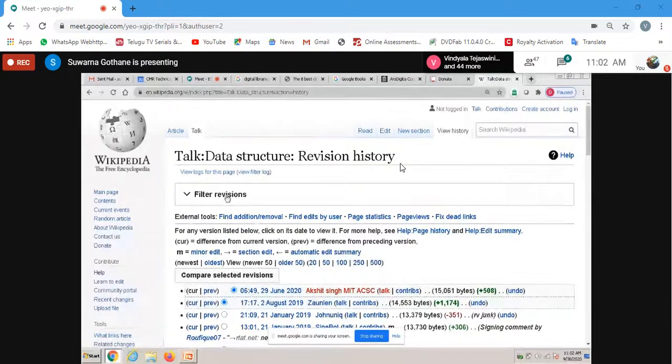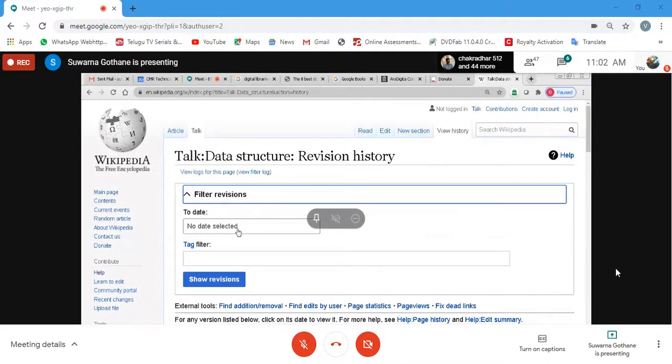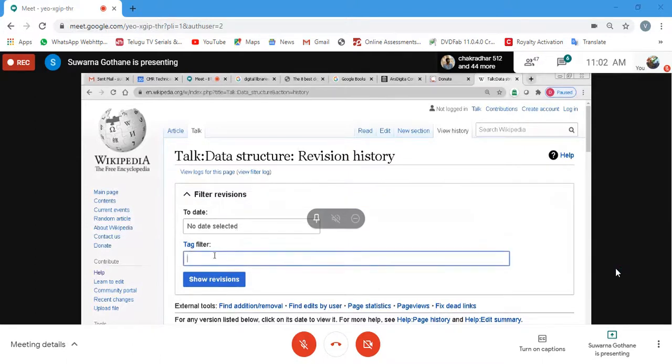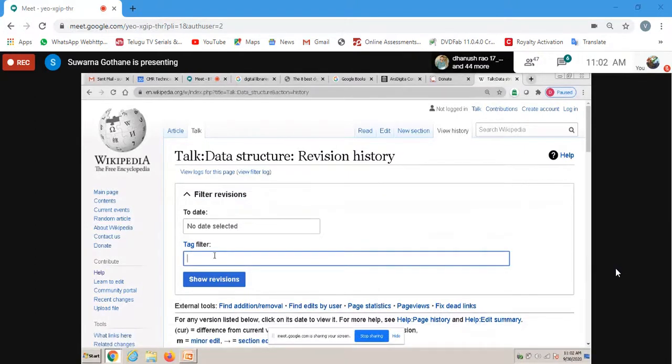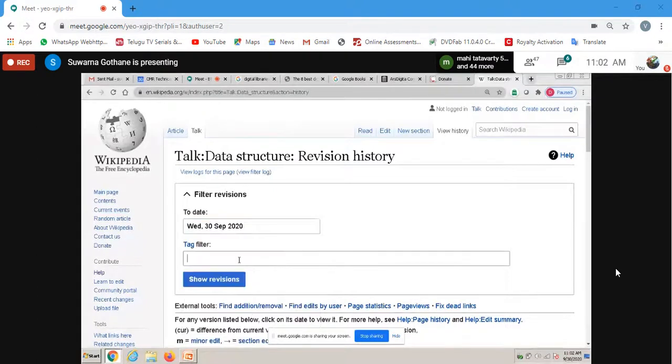So a filter option is going to be there. 29 June it is showing, in 2020. So I could add some date till today's date, and then based on a particular topic I will specify the key term from the data structure, suppose binary tree, and then I will ask to show revisions, and I may be able to notice a change of information.